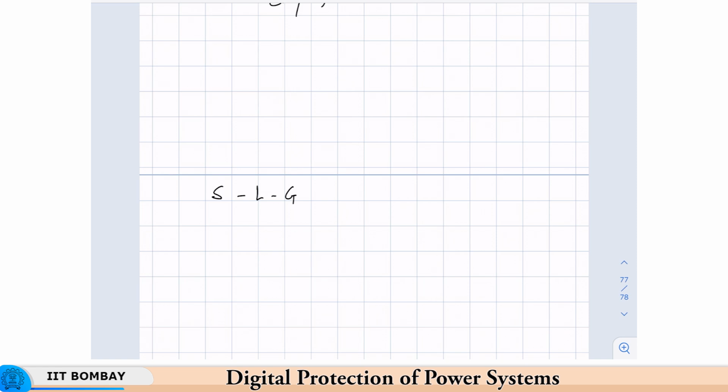So this is a distance x, this is the phase A. Since we have assumed that the pre-fault currents are 0, it implies that IB is equal to IC. So now what do we get with the transmission line equations in this case? In this case, we have delta VA